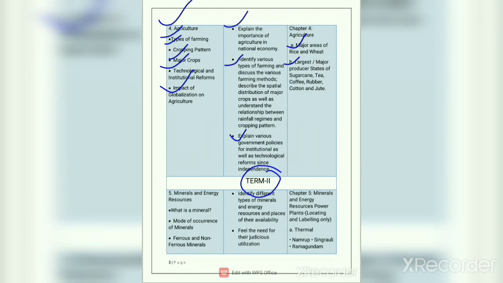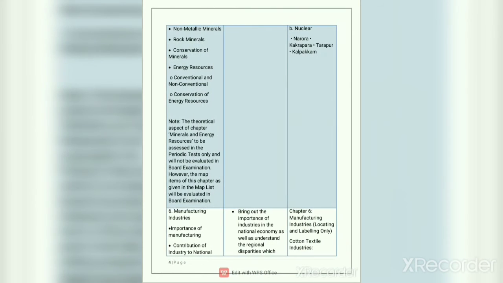The first chapter which is there in term 2 is minerals and energy resources. So from this chapter you should do the following subpoints. What is a mineral resources? Second subpoint is mode of occurrence of minerals. Third, ferrous and non-ferrous minerals. Fourth is non-metallic minerals. Fifth one is rock minerals. Sixth, conservation of minerals. Next, energy resources. And from energy resources you should study both conventional and non-conventional energy resources, and you should also study the conservation